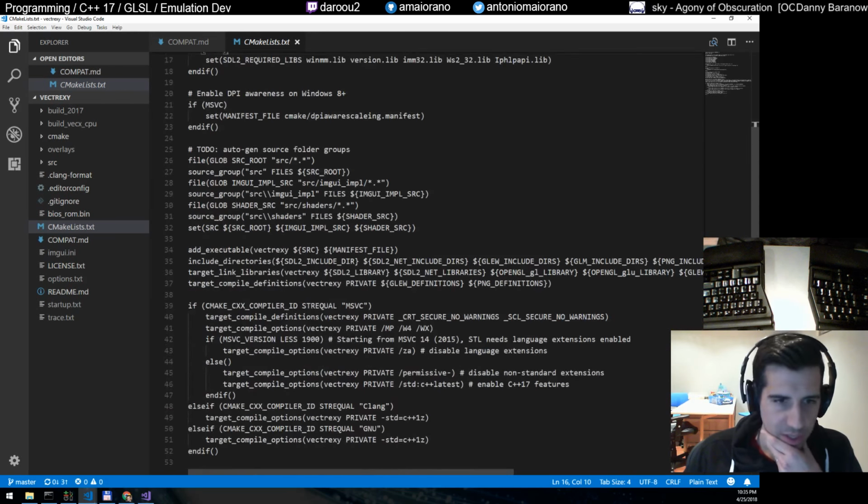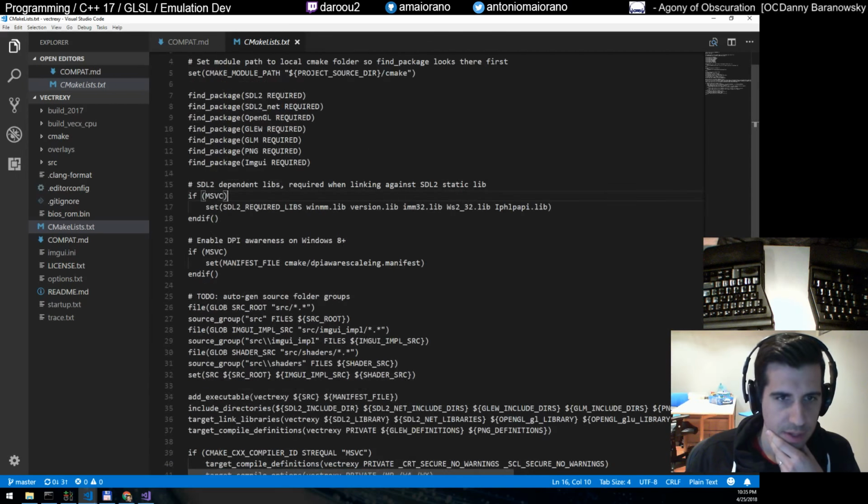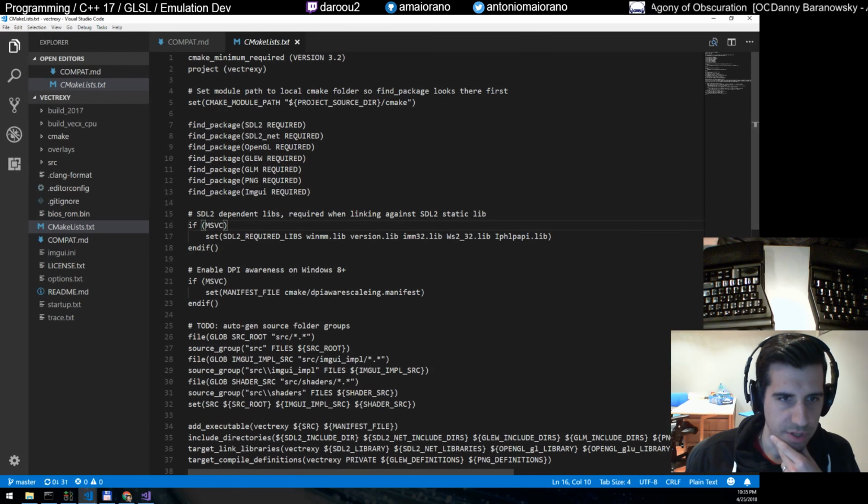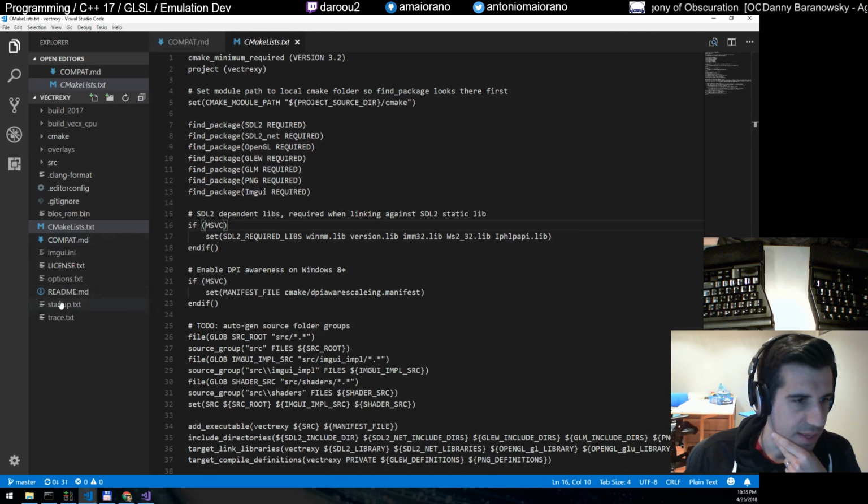I just want to take a look here in my CMake lists. Okay, so these are all the third parties, and I think in my README,